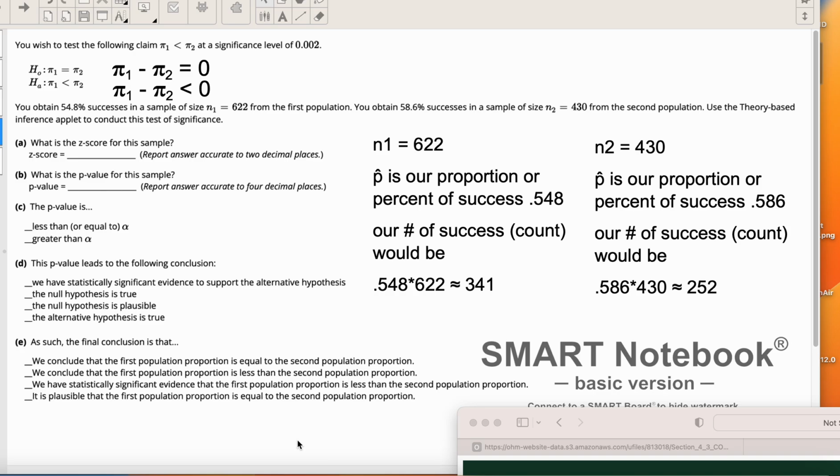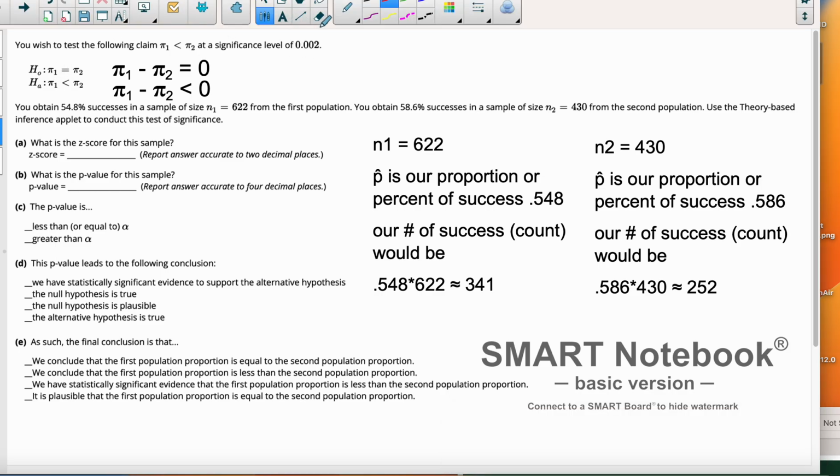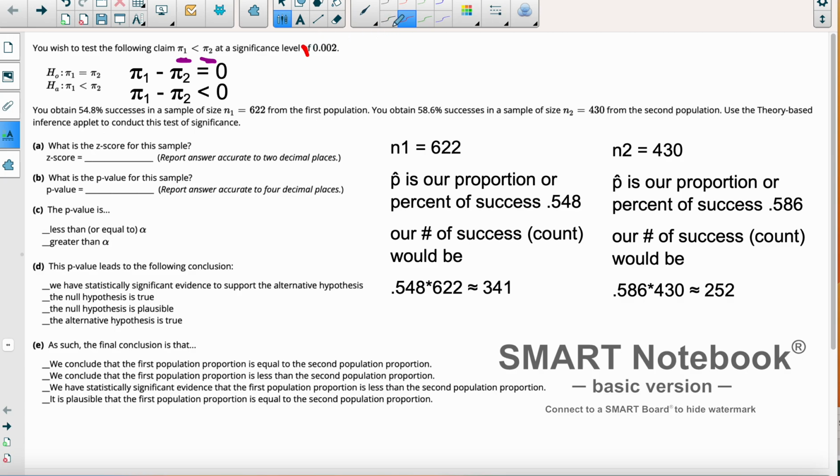Had a couple questions on this particular problem or type of problem in the homework. So what we have here is, okay, it says test the following claim: pi 1 is less than pi 2, at a significance level alpha equal to 0.002. So what we're going to do is we have our null hypothesis, pi 1 is equal to